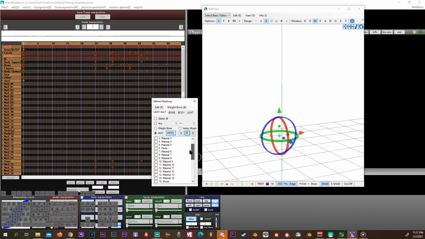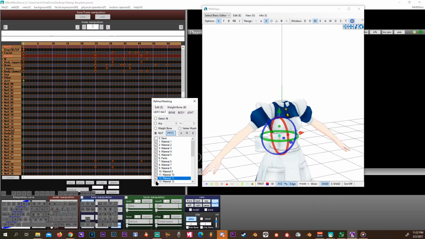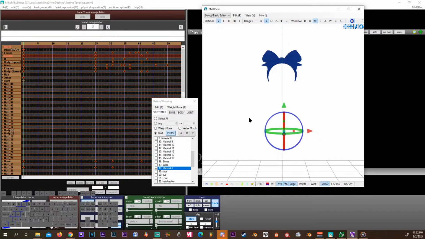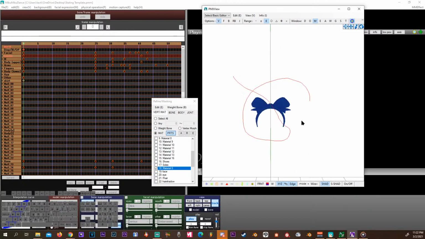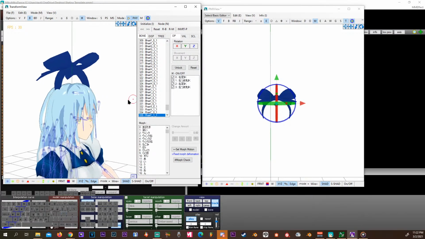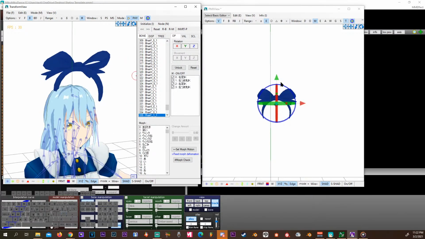Okay, so that's the head. Just want this probably. Oh, the last one. So that one. So all you want to do is grab set ribbon like that and move it around. And with your transform view, you can actually see